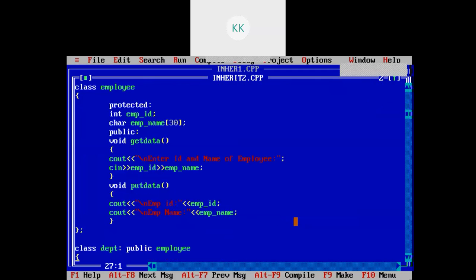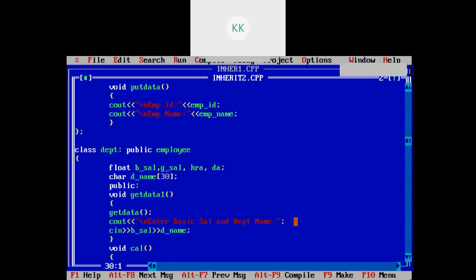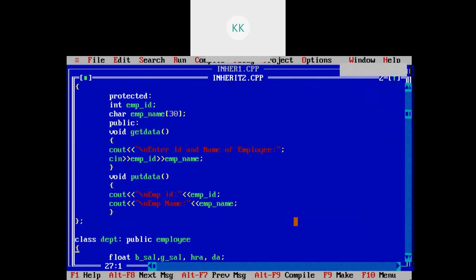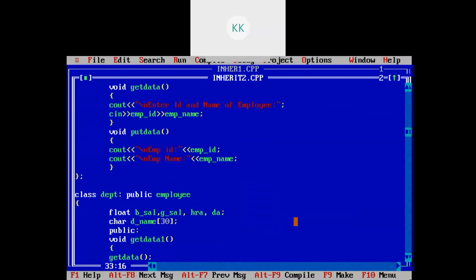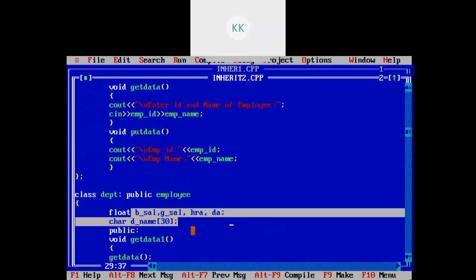It generally comes for 6 marks to 8 marks. So very simple. First you need to create the base class. The base class name is employee, wherein we will write all the data as protected so that we can inherit it in the new class. Then we write get data and put data to read and display the data in the base class. Then we inherit this base class employee to the class department. Here whatever variables we require, we will take those variables.